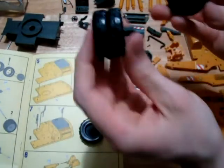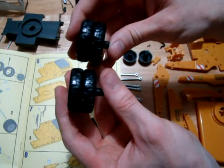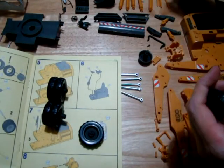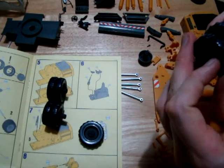Press fit again. So that's a front and a back tire. See, the treads match for that side, okay? So, because they're on the same side. But if we take an opposing side,